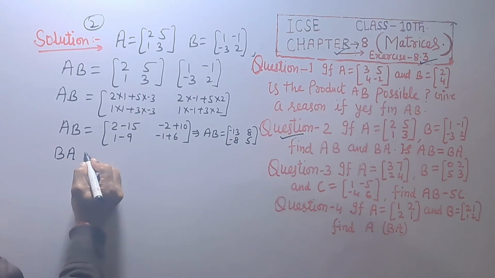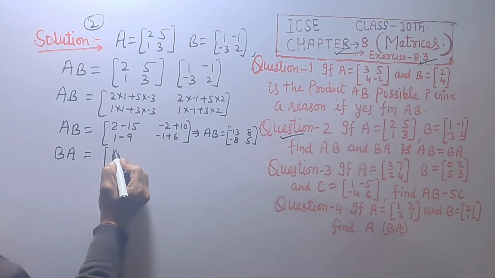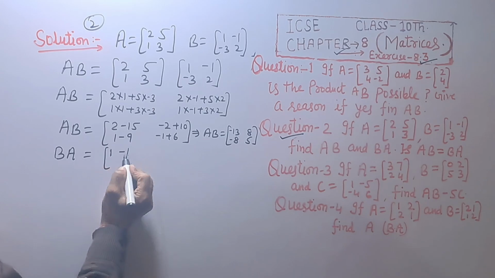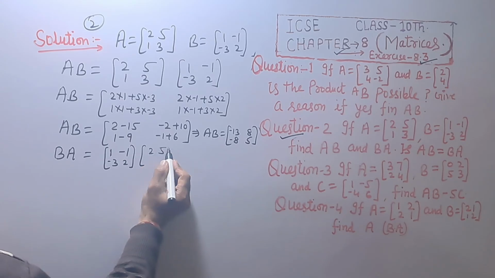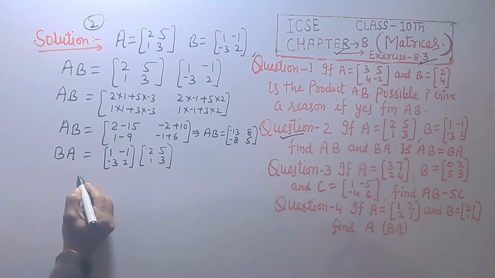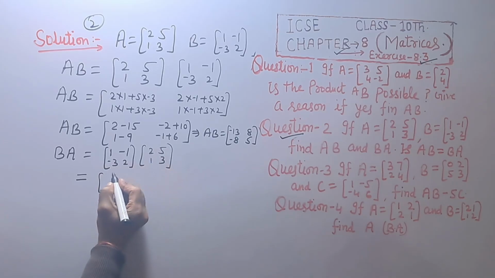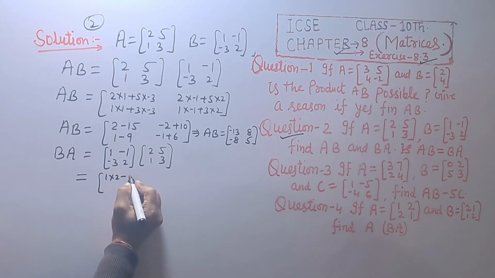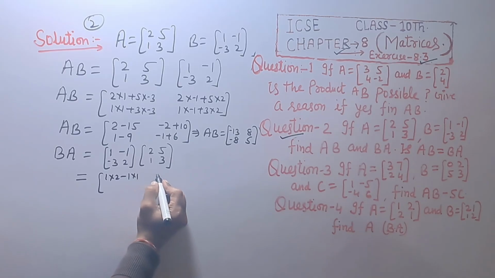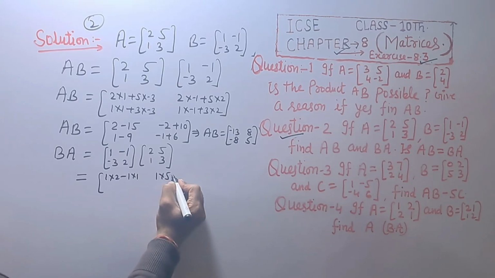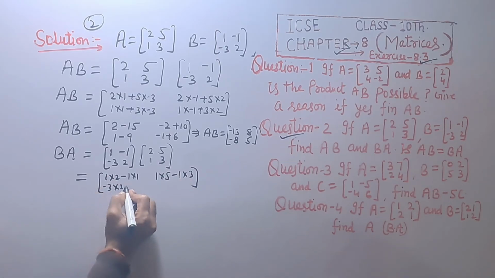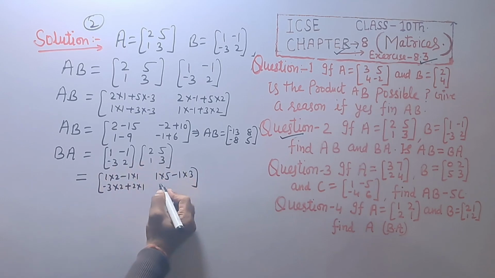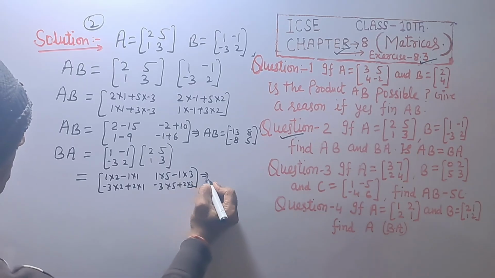And we find BA. First we write B, that is [1, -1; -3, 2], and then [2, 5; 1, 3]. First row multiplied by first column: 1 into 2 plus minus 1 into 1, and 1 into 5 minus 1 into 3. And minus 3 into 2 plus 2 into 1, minus 3 into 5 plus 2 into 3. Which implies we get